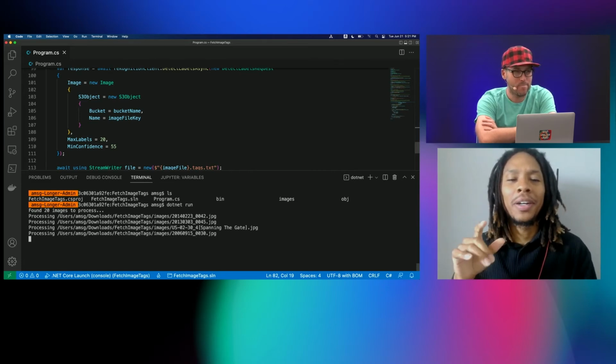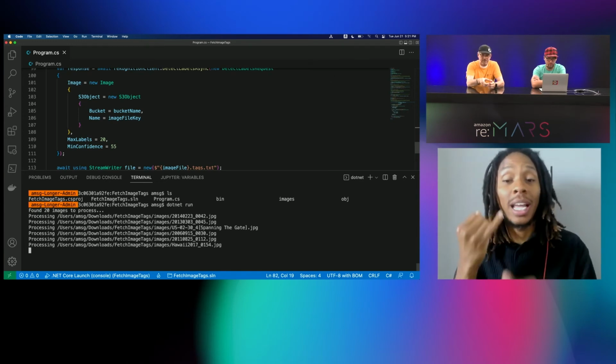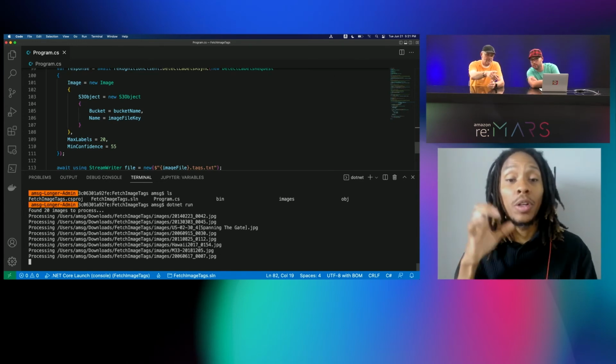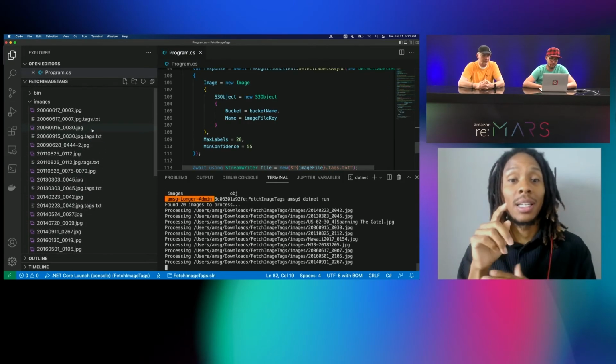Yeah. So this is now just uploading each image. As it's doing each one, we're getting text. In fact, if you can, I don't know if you can do this from here, but if you expand the File Explorer view in VS Code, we can actually see those tag files coming back. Yeah, they're coming in. There they are. All right, so one by one, we're just doing this.